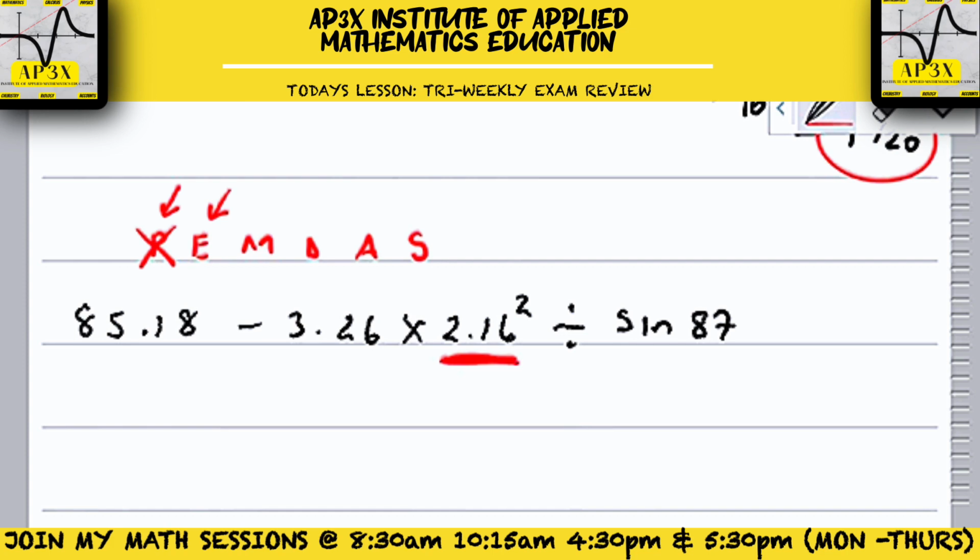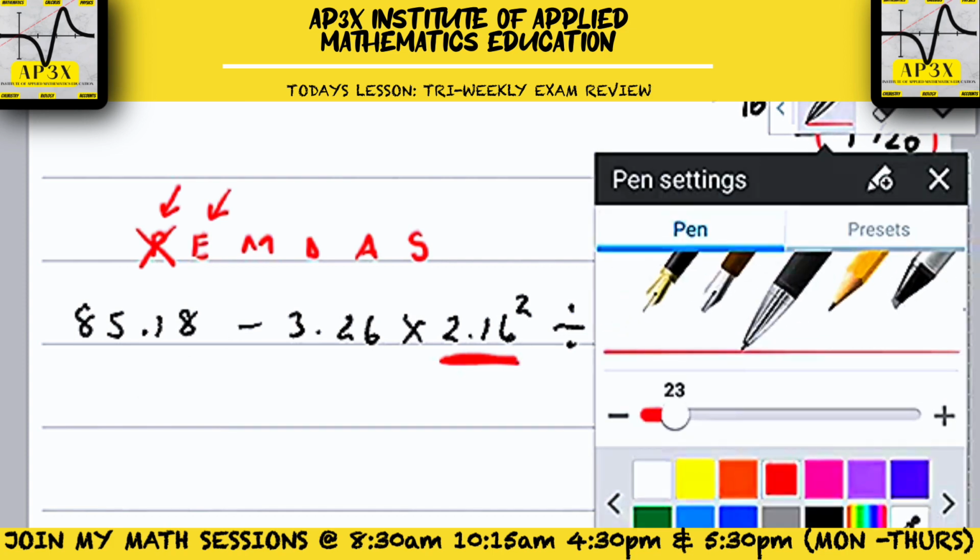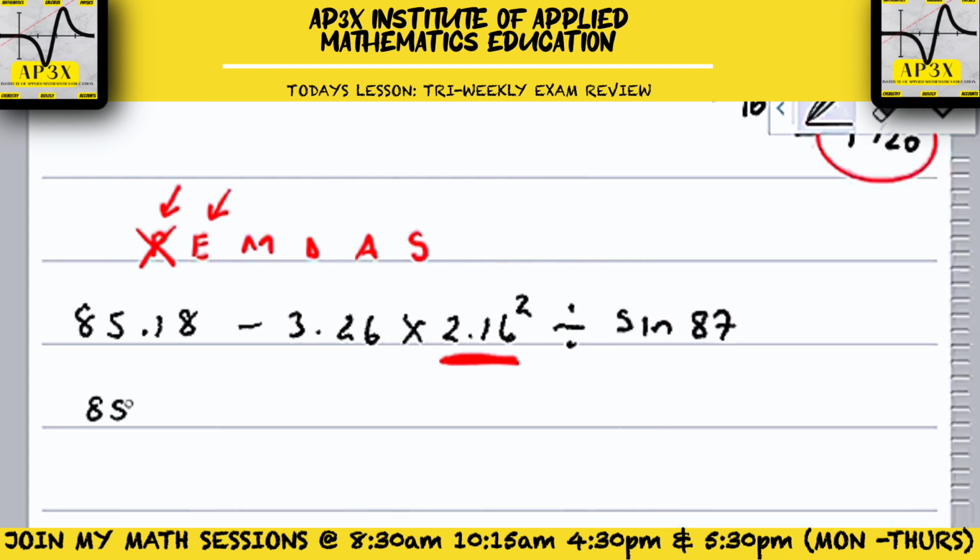And so what we're looking at then is simply rewriting, say here, 85.18, take away 3.26, and then I'm going to be working on what is 2.16 squared. And why I recommend that you do this for the fundamental students who are not as advanced, where you can do 2 things at the same time, I do recommend that if you want to ensure that you collect your marks, you want to work this problem out step by step. And so 2.16 squared works out to be